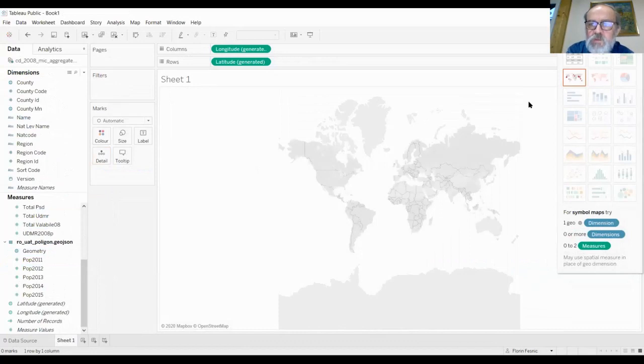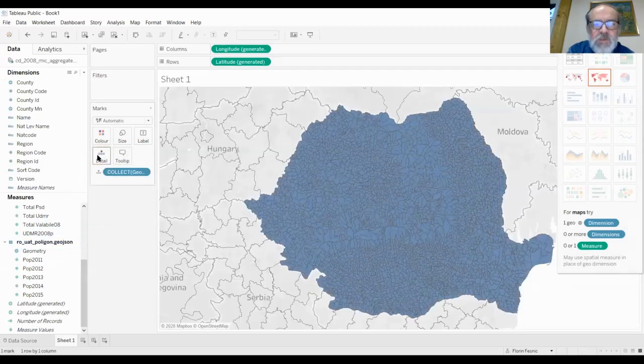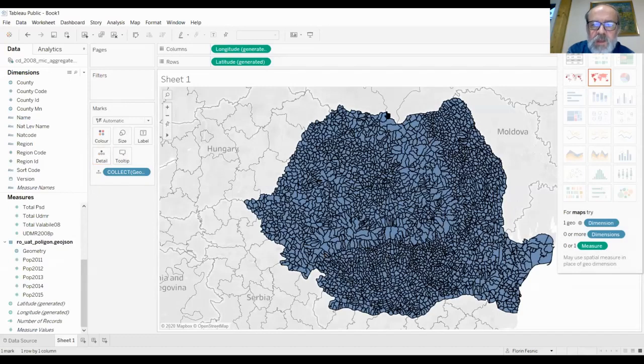So now Tableau knows that we want to make a map, and we choose the features of the map. Geometry is the geographical info for Tableau. So we take geometry and we put it over there at details. Okay, so now we have a map of Romania at the lower administrative unit.